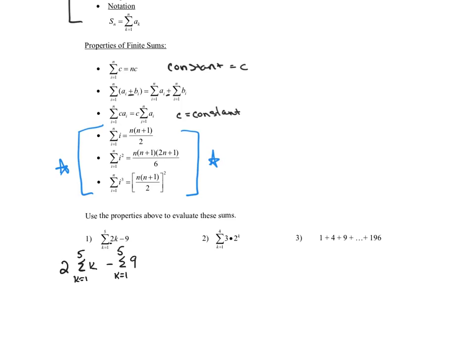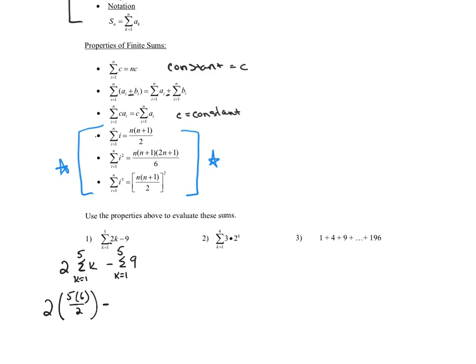Now for the first summation, we are summing our index, as we can see in this property, the first one that's highlighted. So we'll have 2 times the quantity n, which is 5, times n plus 1, which is 6, over 2,